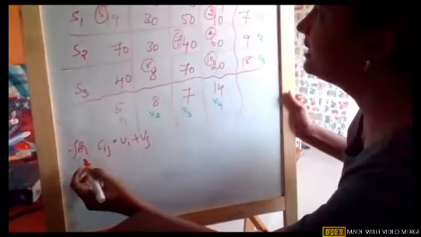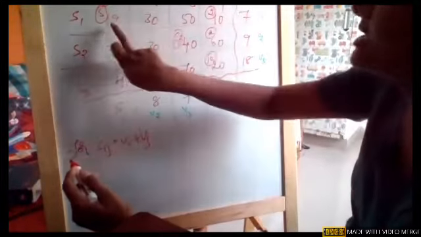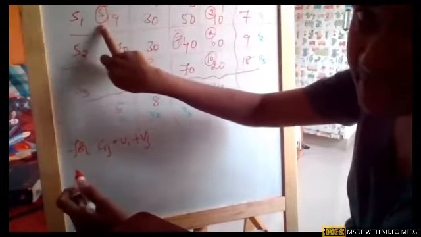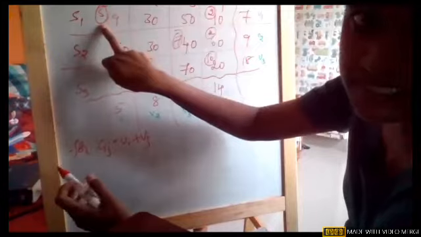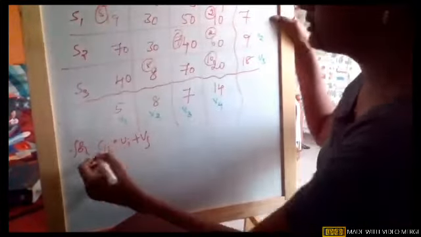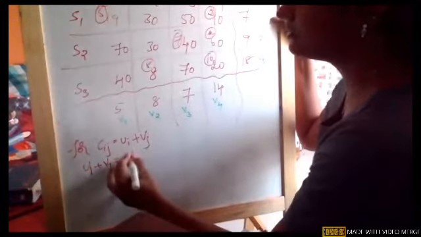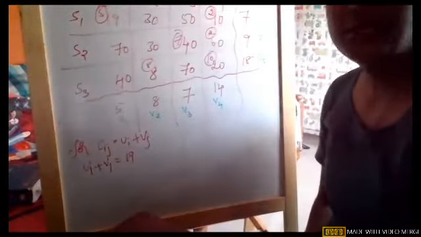Now, what do we try to do? Girls, if you have any doubt, for the first occupied cell where we have 5, the cost is 19. So you can see how I write, girls, U1 plus V1 is equal to 19. Did you get my point?